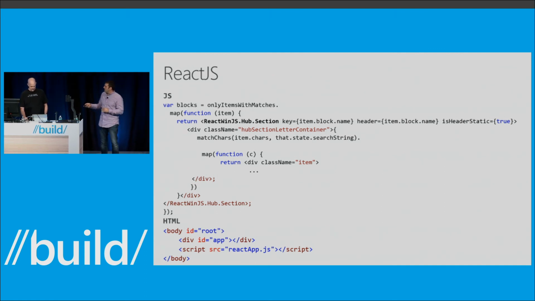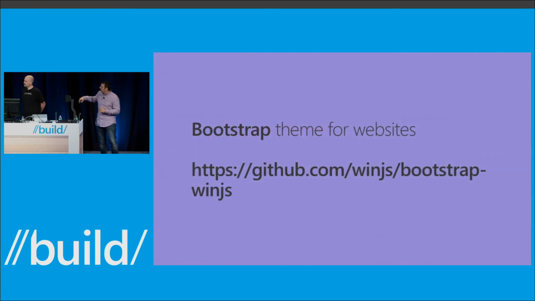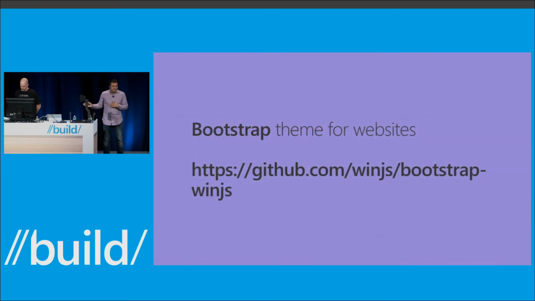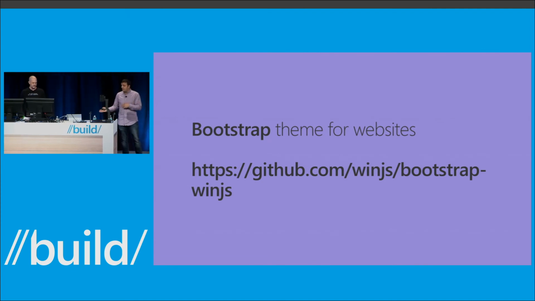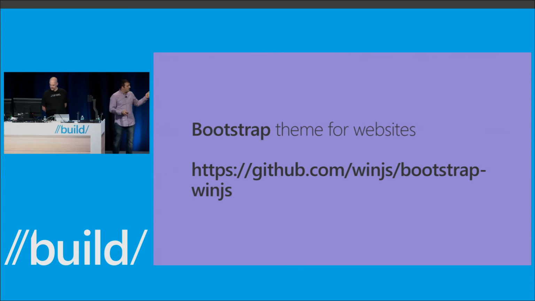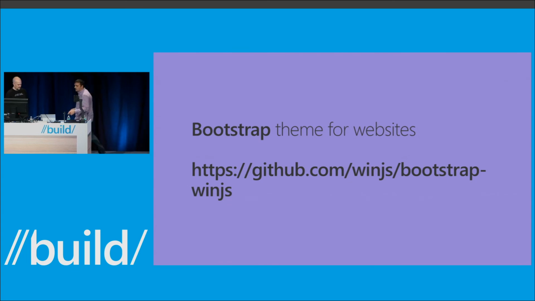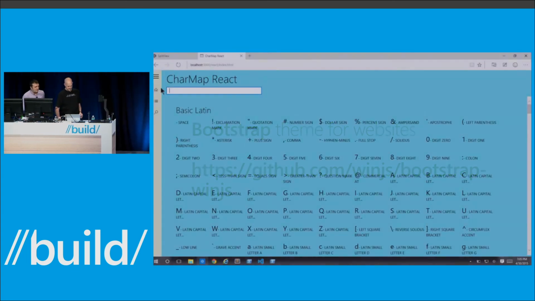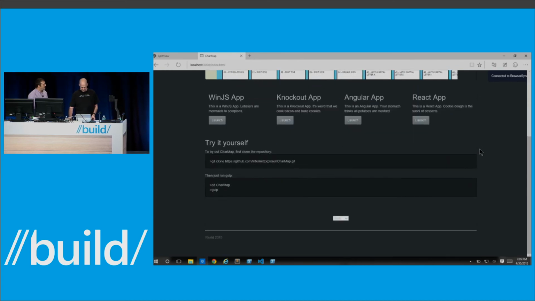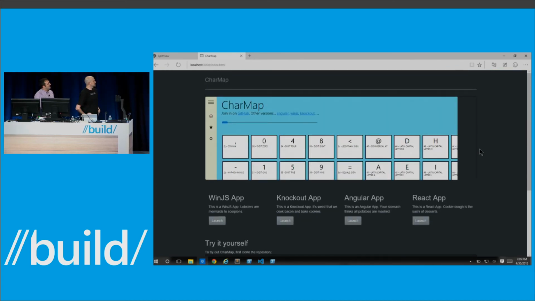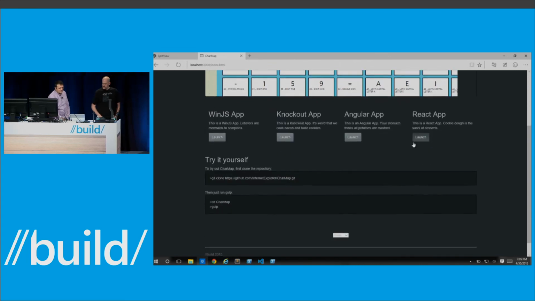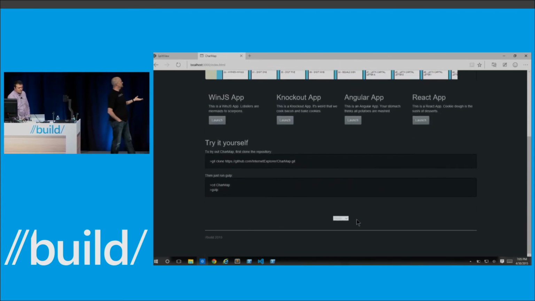One of the things that you've been seeing all evening, actually, is that the website Chris has been clicking through to go to each one of these apps is styled with a Bootstrap theme. Well, we've released a Bootstrap theme that mirrors the look and feel of Microsoft websites, and that's also up on our GitHub account. So what we're going to do is just show you that theme now, and then if you want to go check it out and have a similar app to website look and feel. In this case, we just have the very simple landing homepage, and we've added a little drop-down